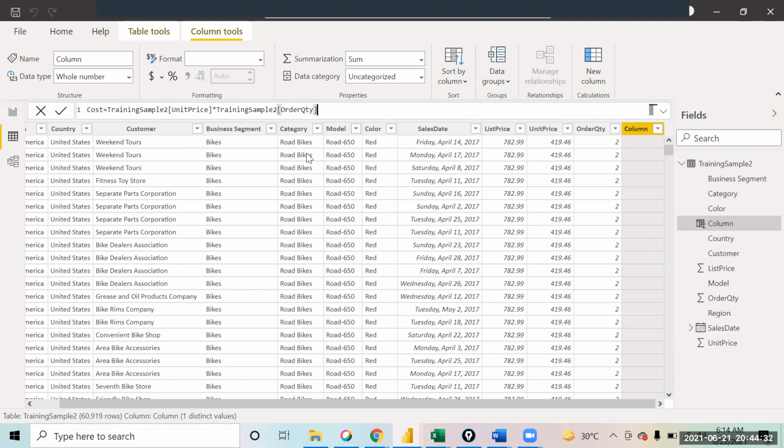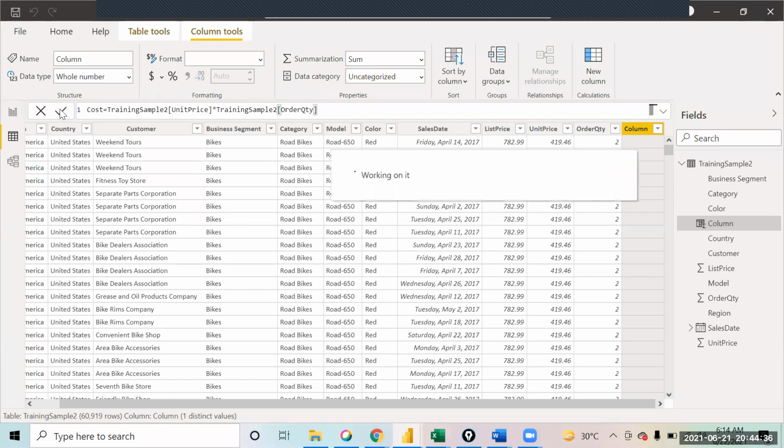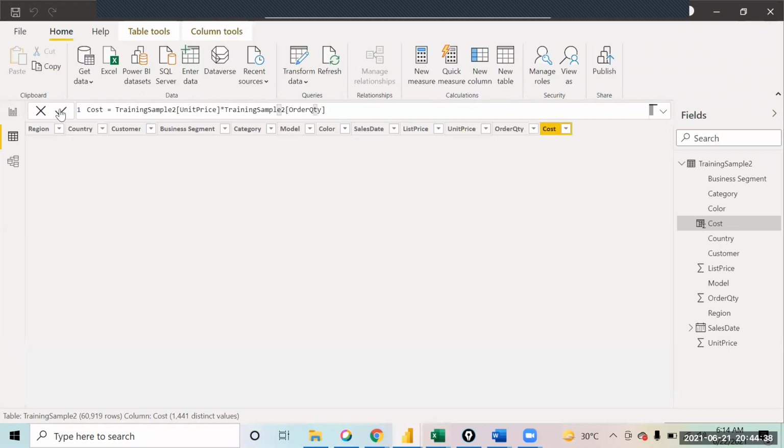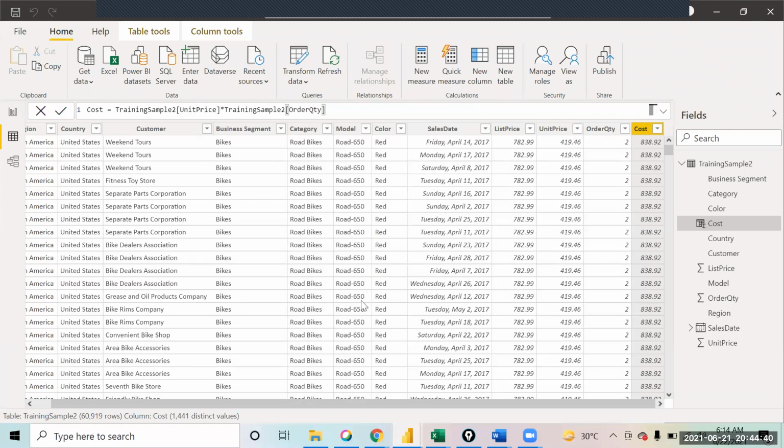Then you click OK on this, and you will get the cost. So unit price into quantity.